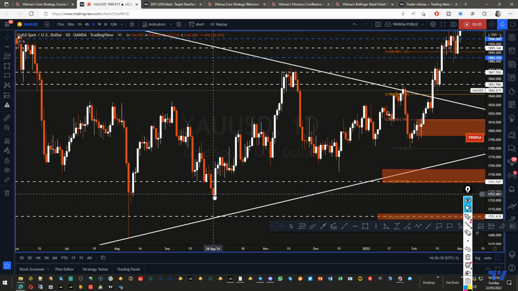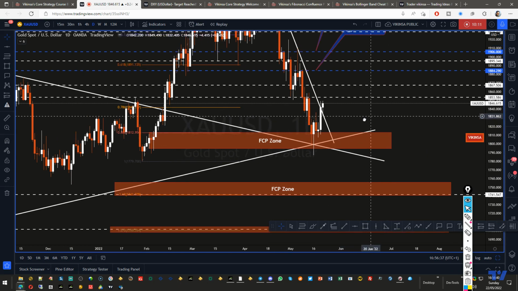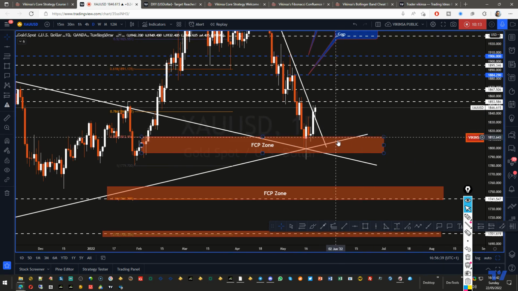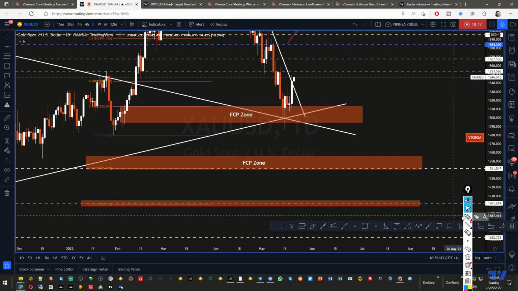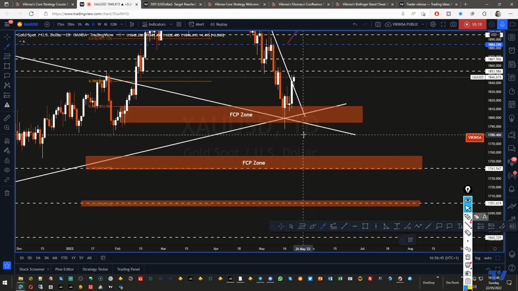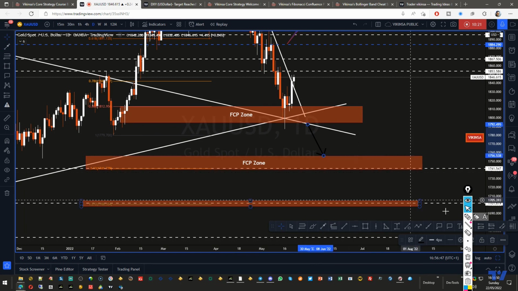Even if it went further away from 1806, it kept on coming back to 1806 or level. So don't be surprised if it just consolidates here for some time on the bearish side of things. If it starts to fall, and if we clear this area, then we have the next target as, let me put a line here.